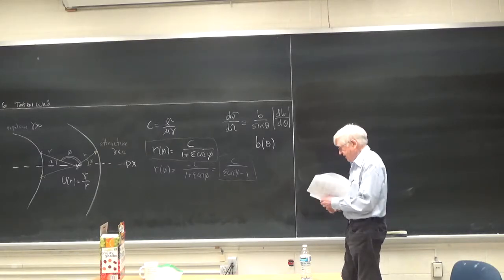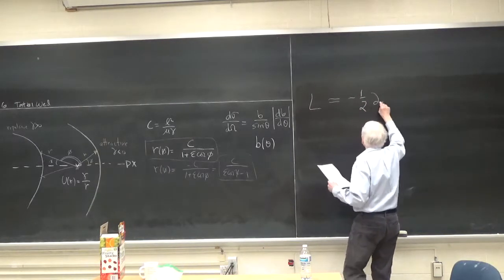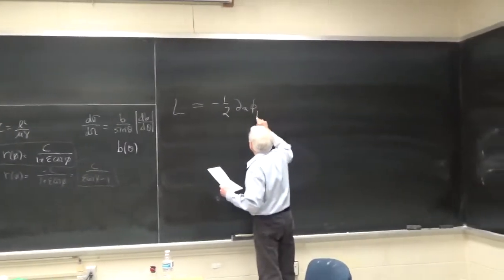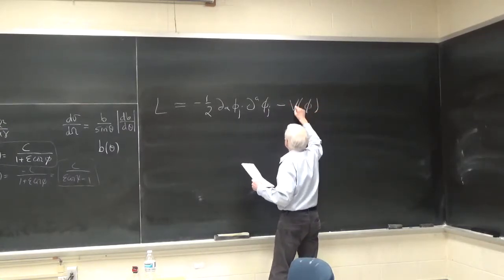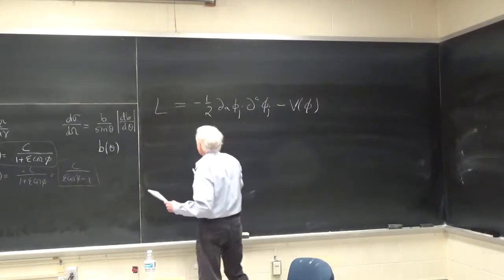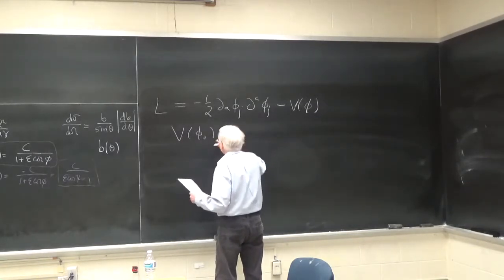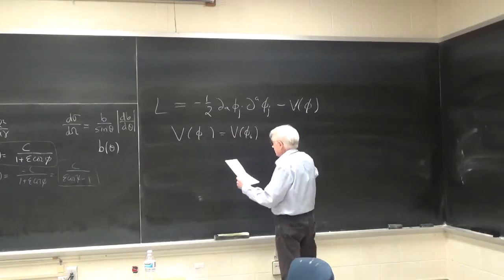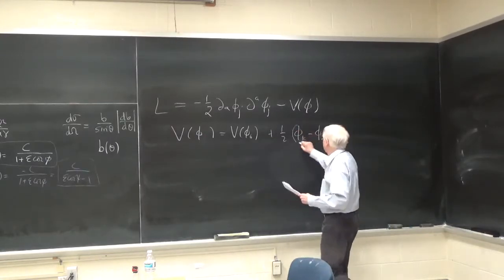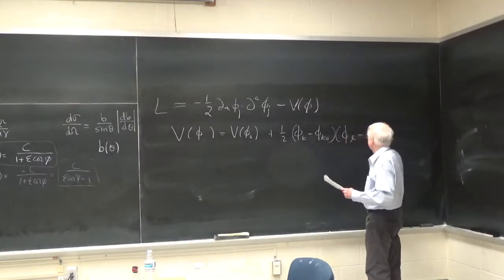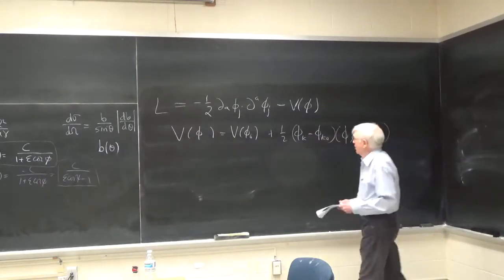Basically, if you've got a Lagrangian that looks like this, with a bunch of fields and some potential, then you expect that the potential near its minimum is a sum of terms like that, and what we saw was that